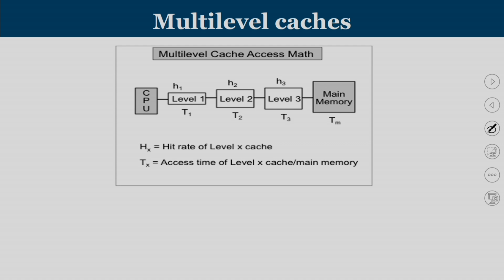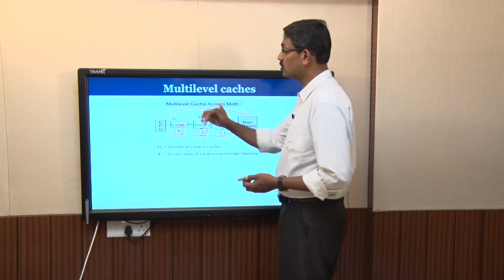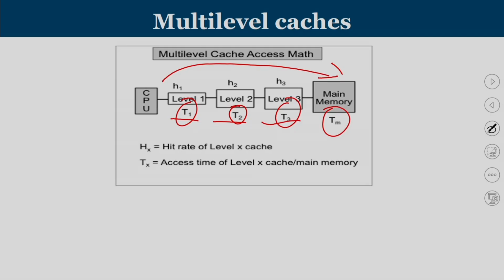This is the idea. You have a CPU, and then you have your first level cache, your second level cache, and third level cache. As we move from the CPU into the main memory, as we move through the cache hierarchy, when you move from level 1 to level 2, cache size will be larger. So effectively the access time T2 will be larger than T1, whereas T3 is going to be larger than T2, and Tm is the access time of main memory. So when you move from the CPU side to main memory, we are going to deal with larger memories leading to larger access time. And since the capacity of the memory is relatively large, we could reduce the capacity miss, so miss rate will come down.